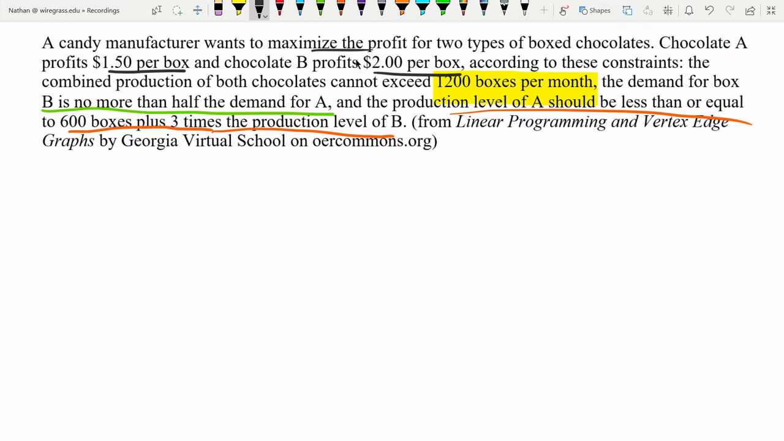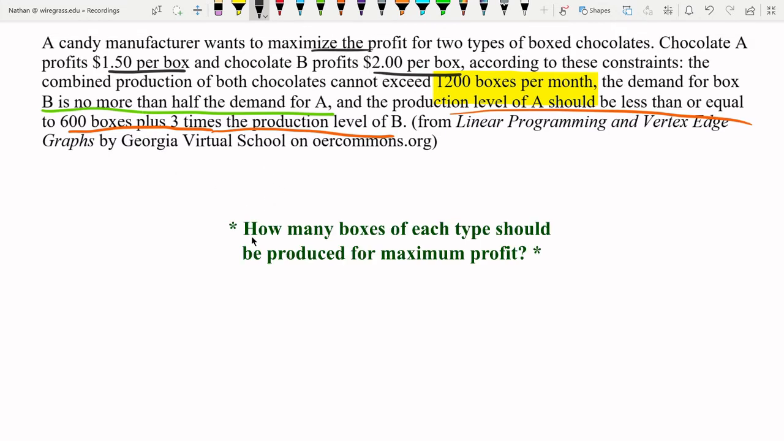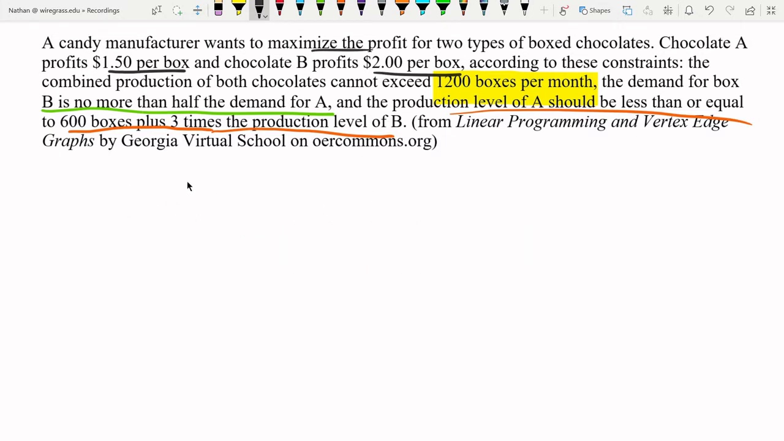So first off, we're trying to maximize profits, and we know the profits are $1.50 per box for box A, and $2 per box for box B. So really, the question is, how many boxes should we produce? I'm going to have 2 variables here. First off, the x variable. We're going to need an x and a y, but really I'm going to leave it as A and B. This is the number of